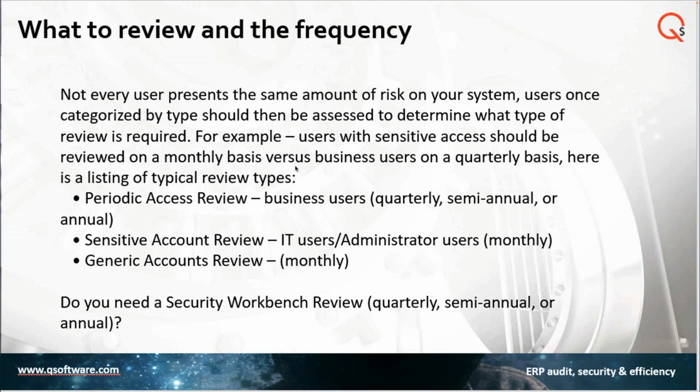So in an example we like to talk about, someone with sensitive access should probably be looked at on a monthly basis. Now everybody says, oh, wait a minute, I don't want to do that. That's too much. True, it does seem like it's an overbearing piece to have to manage that level of detail. But part of what we're going to talk about today is how we can make that simpler so it doesn't become overbearing. And then on the other side, quarterly and semi-annually gets to the less inclusive access, the less intrusive